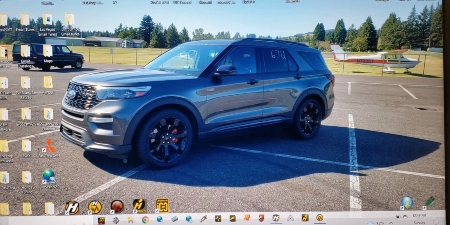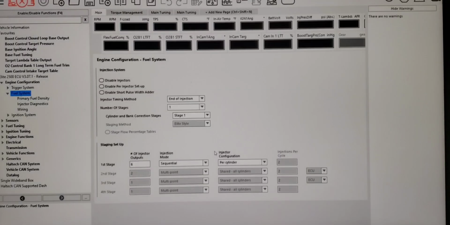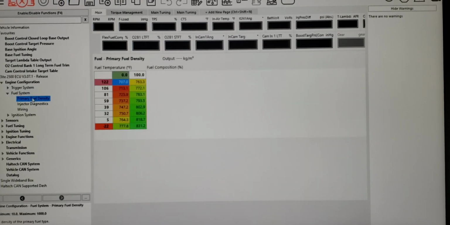So we're going to go back to that Conquest with the 1J. And let's open the software. So once we get the software open, under engine configuration and fuel system, if you remember, there's a tab right here that says primary fuel density. So I've already taken the time to populate this table. We have fuel temp as an axis and we have fuel composition as an axis. If you remember, those were the two presets when we looked at making custom tables for this particular